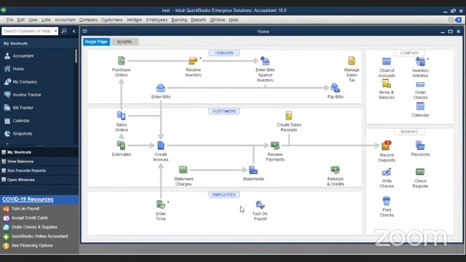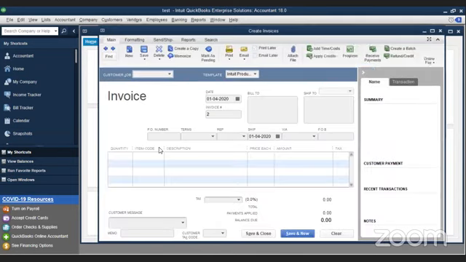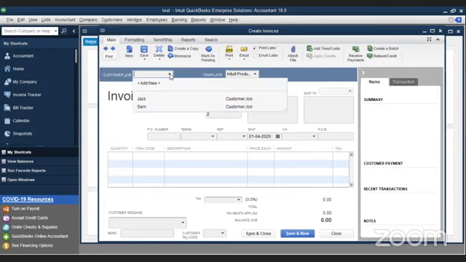Now we did it for a purchase. We are going to see how we are going to do it for a sale. Sale, it's going to be very direct. You just click create invoice. You select the customer. We'll say Jack.